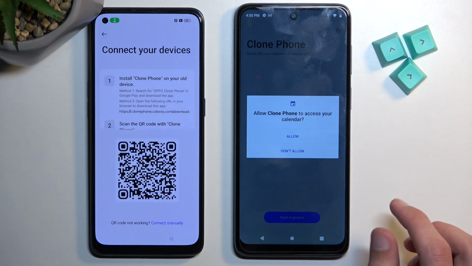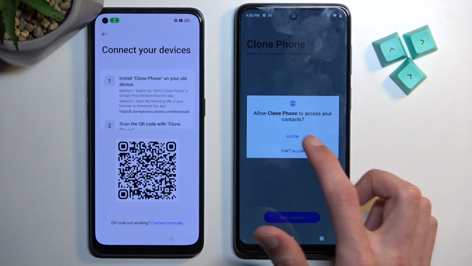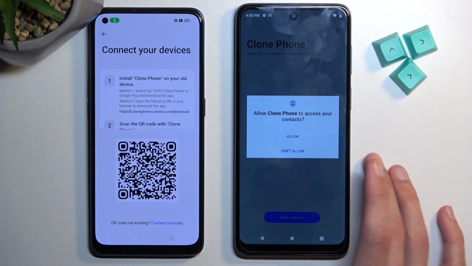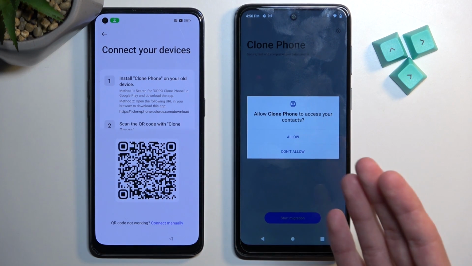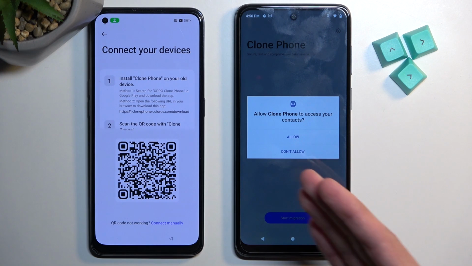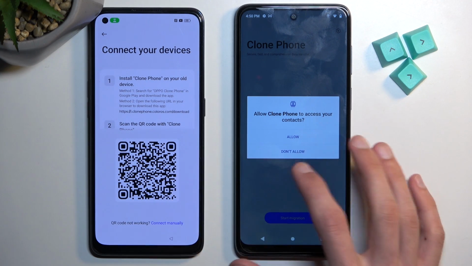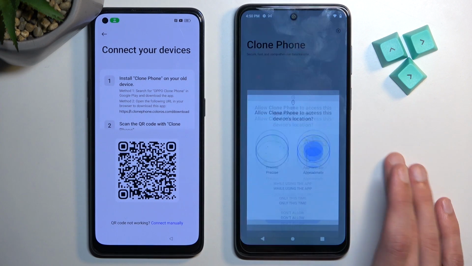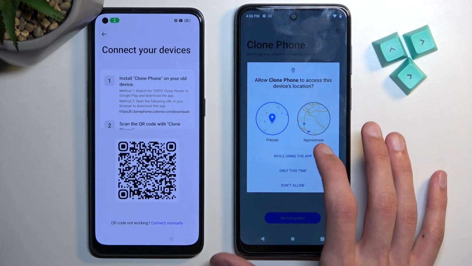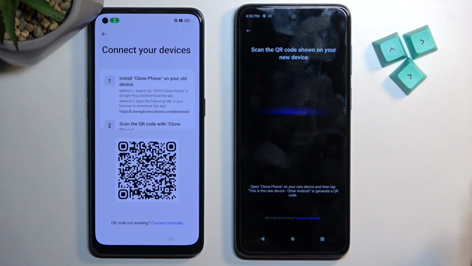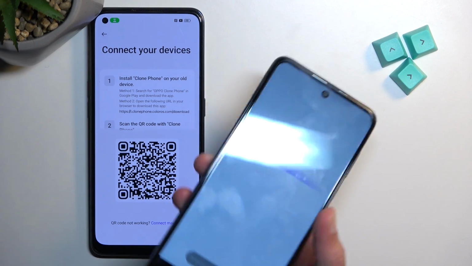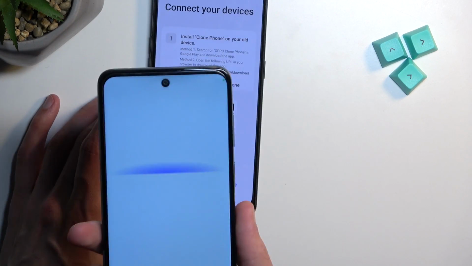Here we can select while using app, allow. Now it also needs access to basically every part of your device. Logically thinking, it needs it because it allows us to move every part of our device to a different phone. So we need to guarantee access to all of that. Again, while using the app, it wants location and Wi-Fi. And now it's allowing us to scan the QR code, so simply